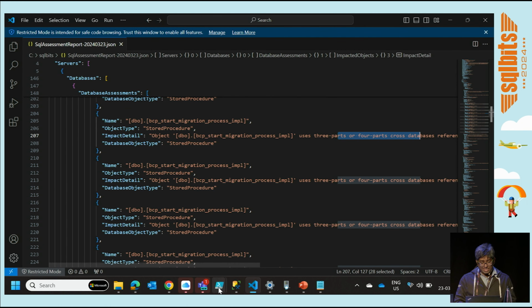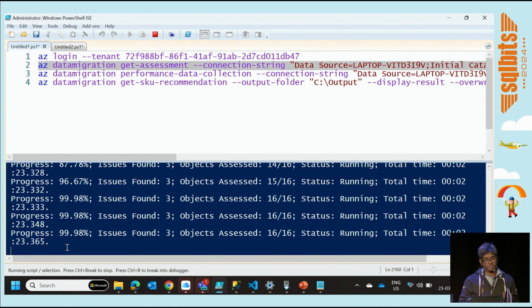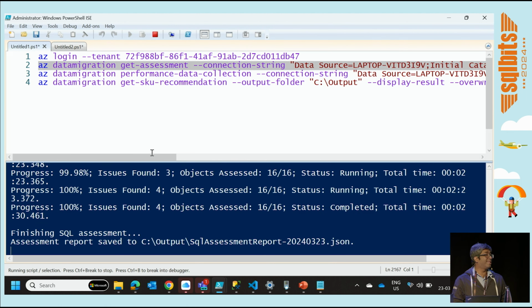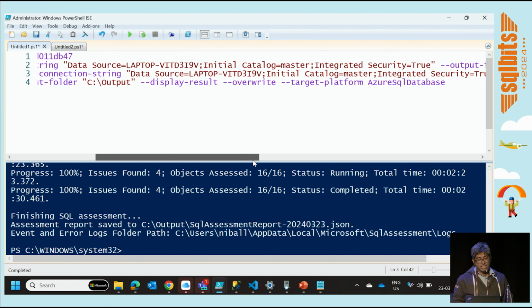Now, once the assessment is complete, right? So if you look here, I just showed you the output right now. It's kind of in progress. Now, once the assessment is complete, the next is the SKU sizing, right? For the SKU sizing, right now in SQL, there is no real-time metric which is available for the end user. So what we do is we run this cmdlet again, performance data collection, and we provide the same